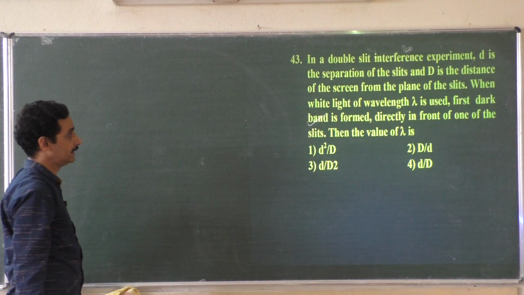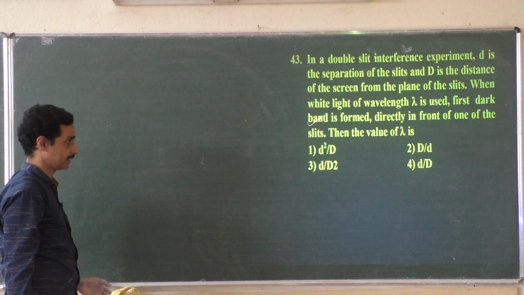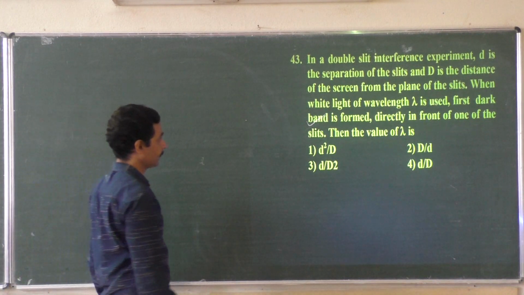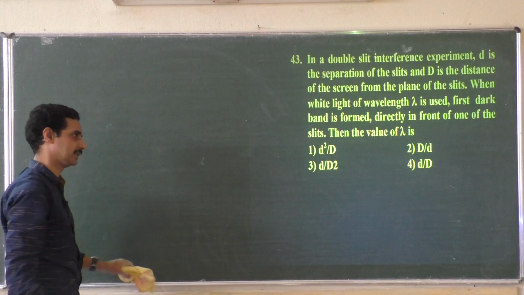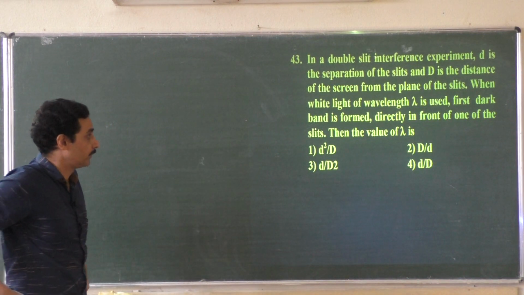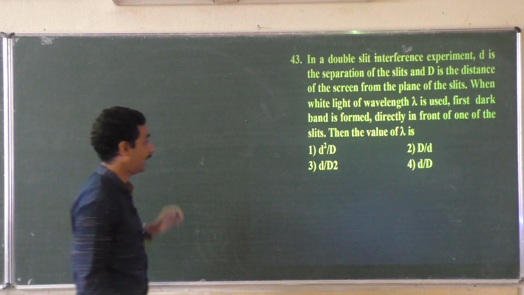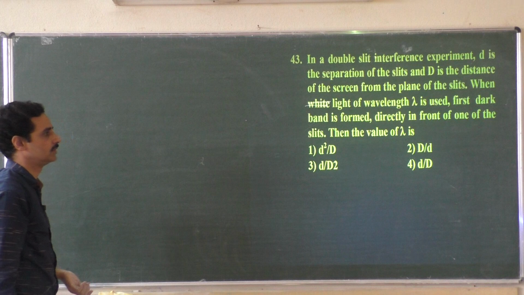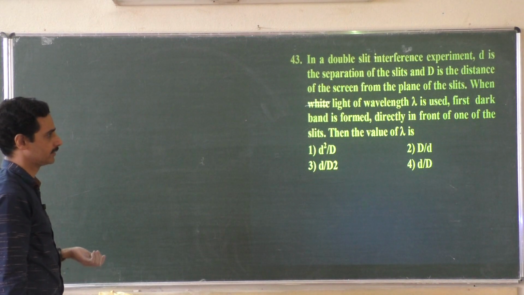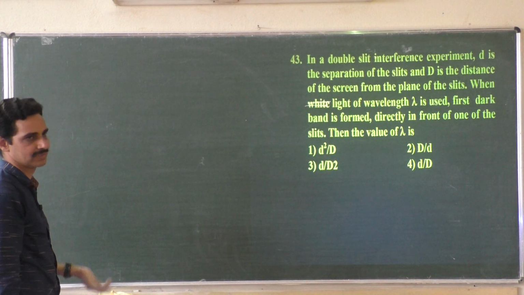43. In the double slit interference experiment, d is the separation of the slits and capital D is the distance of the screen from the plane of the slits. That is the usual notation. When light of